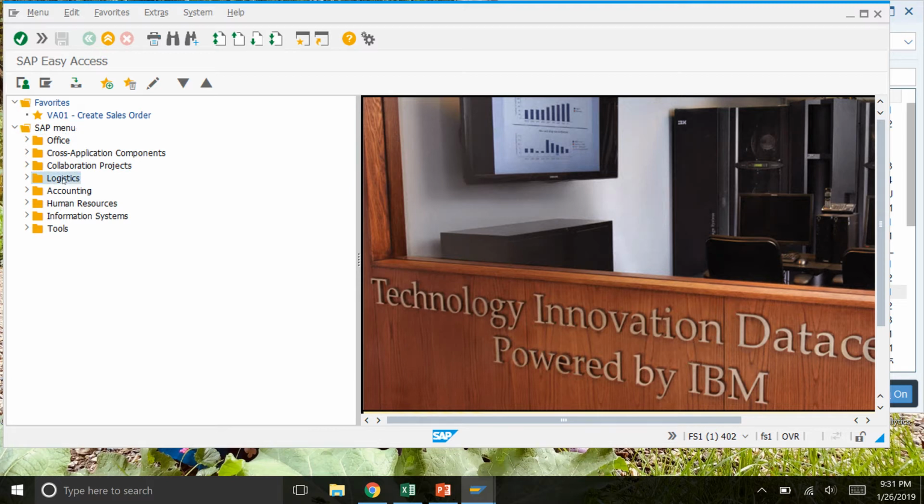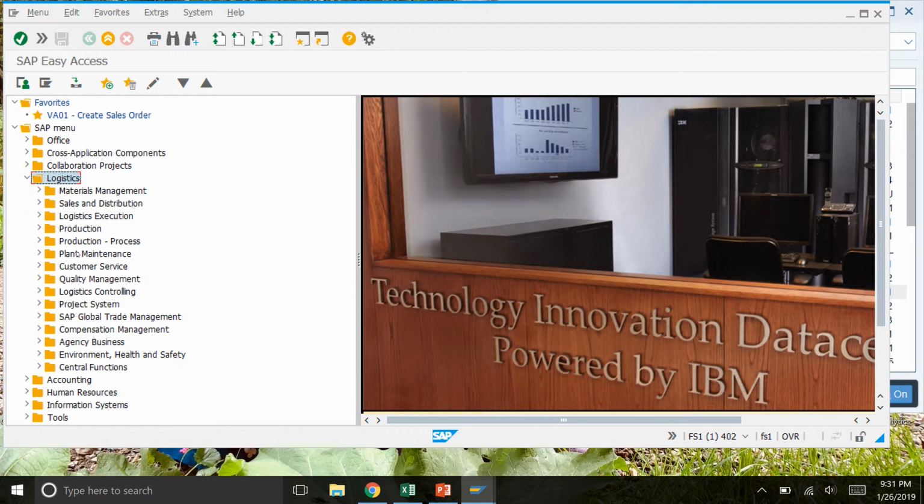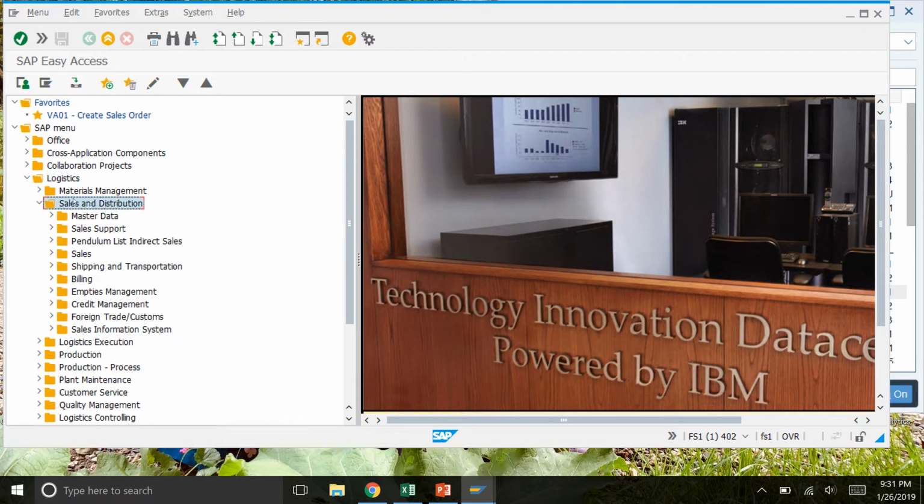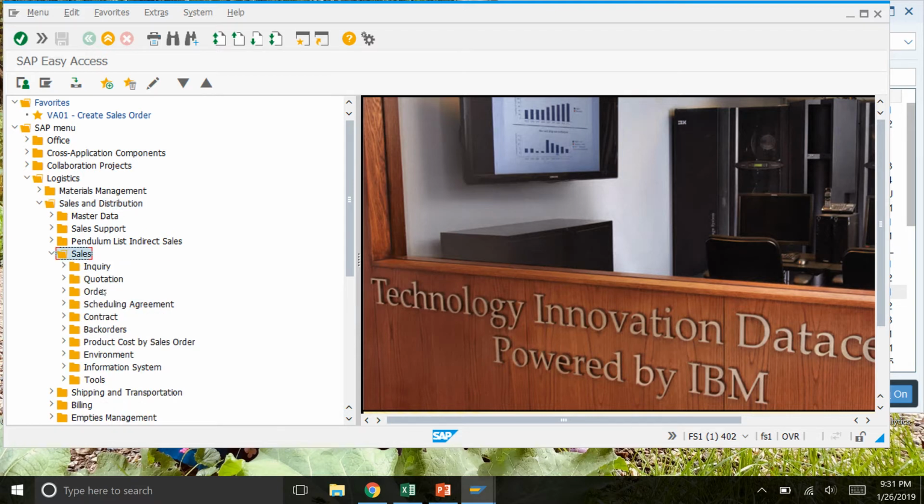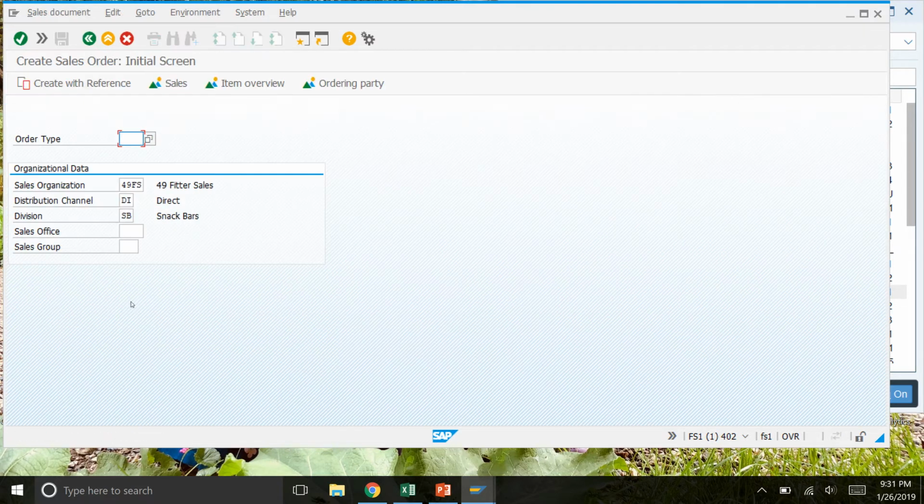So we'll go logistics, sales and distribution, then sales, order, create, which brings us to this screen. The order type is going to be OR. The sales organization is going to be your number, then FS. DI is the distribution channel, SB is the division, and then we'll click the green check mark to move through